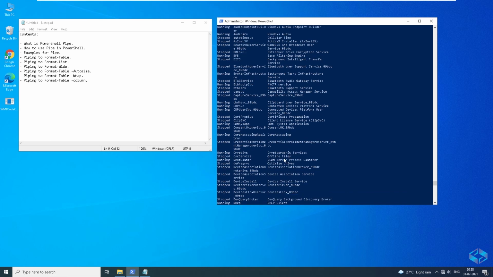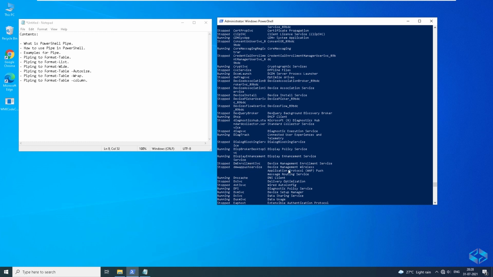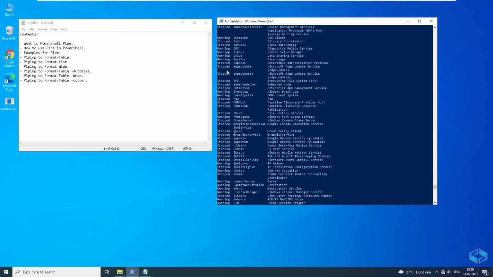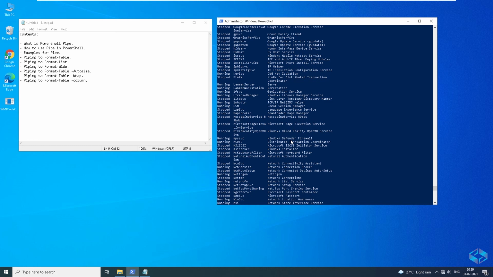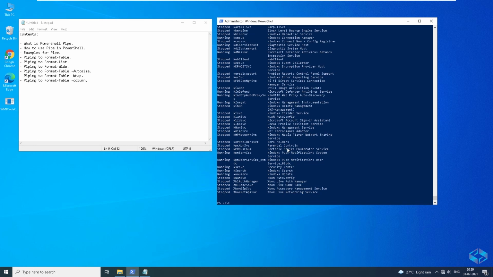So it goes for everything, and you can see all the lines here. Wherever we have a big sentence or big line, it is splitting into multiple rows. So that is a major difference, and you can see the extra spaces in between, and wherever the description has additional lines, it is splitting below. So this is the difference for the wrap.